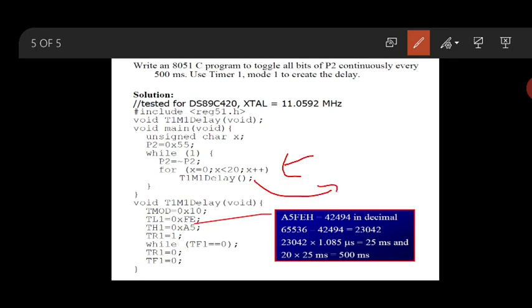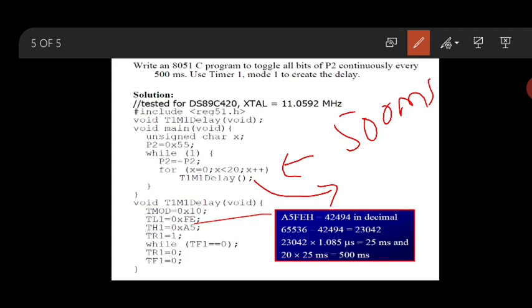This time delay will be repeated 20 times, so approximately I get a 500 millisecond time interval. I hope this concept is clear, because the maximum count I can generate is FFFF.